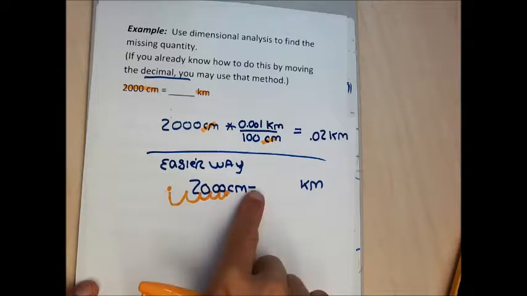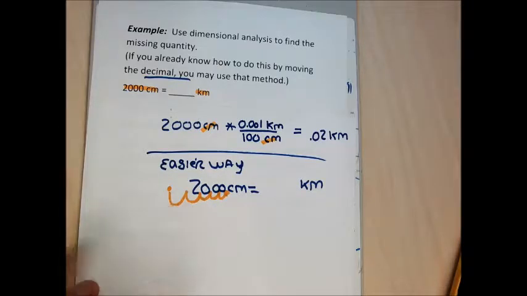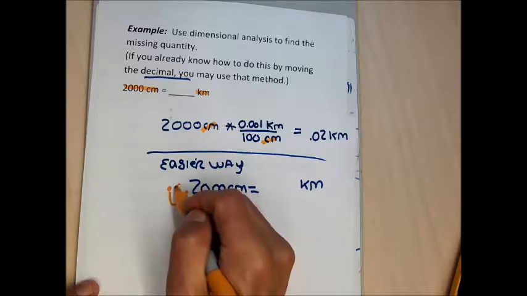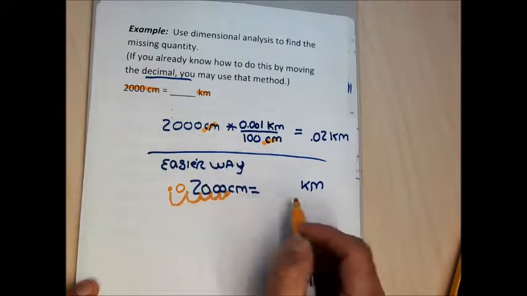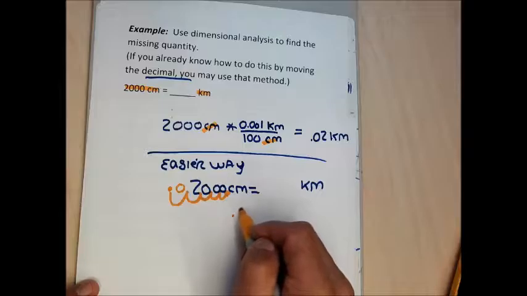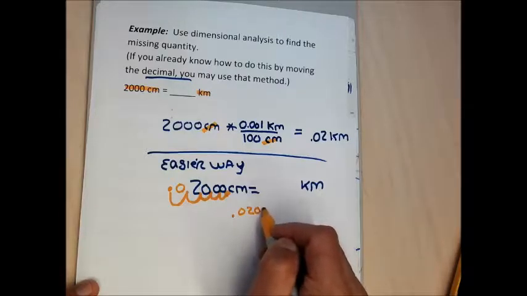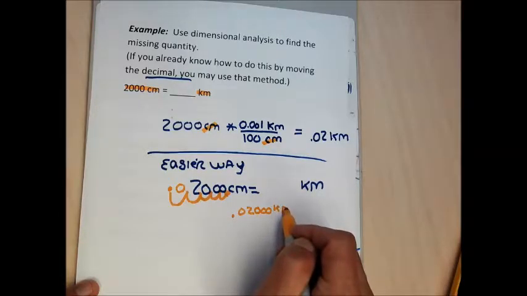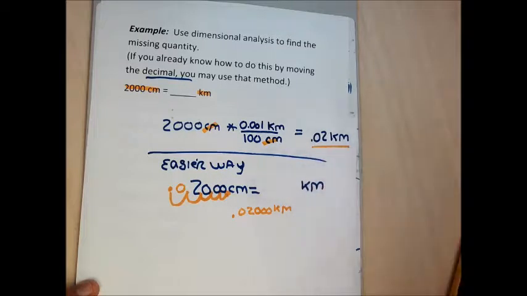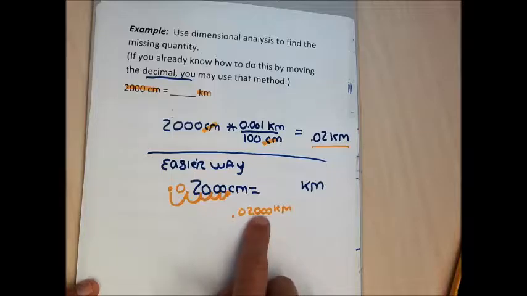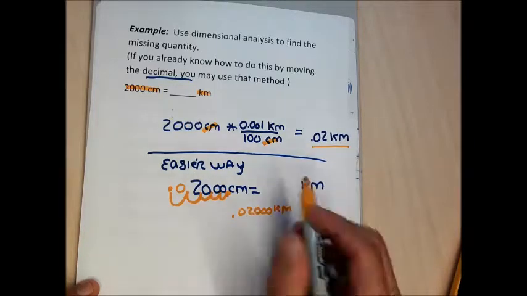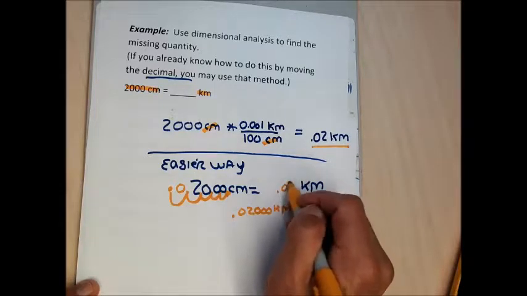If I move the decimals past numbers, I have to put a 0 in any place I move the decimal where there wasn't a number. So this would say 2,000 centimeters equals 0.02000 kilometers. If you look at the answer my calculator gave me, it was 0.02 kilometers. This is because the zeros in the last positions there aren't necessary. So I could say that 2,000 centimeters is equal to 0.02 kilometers, and I don't have to do it with